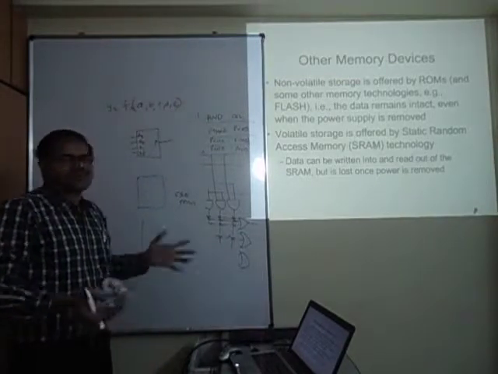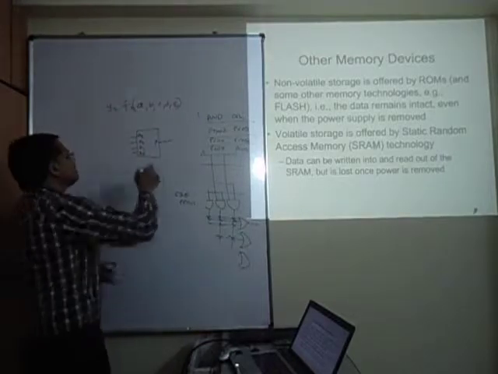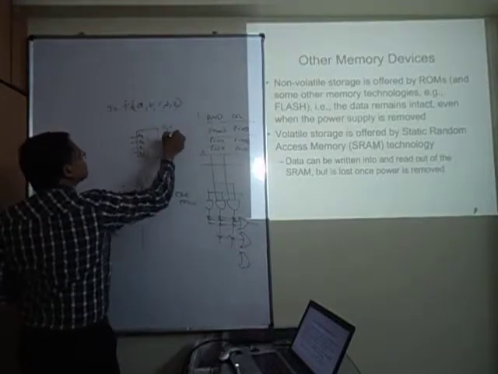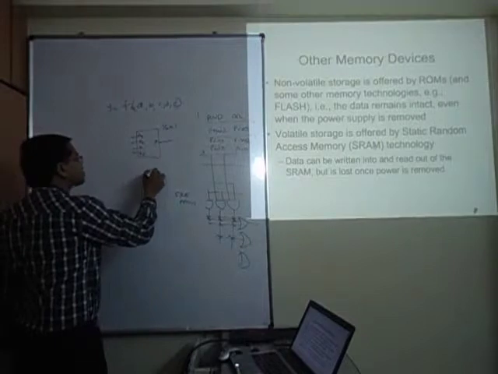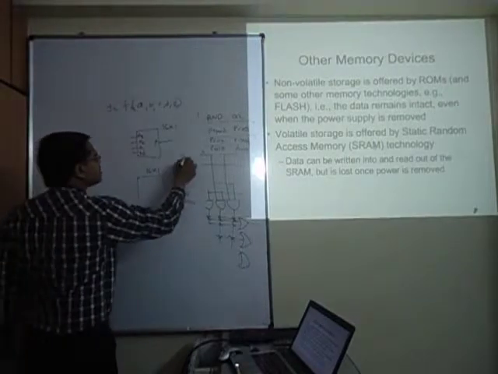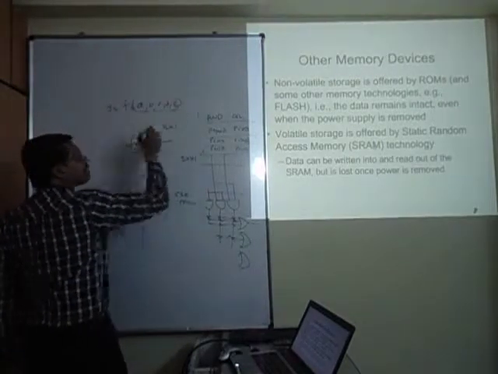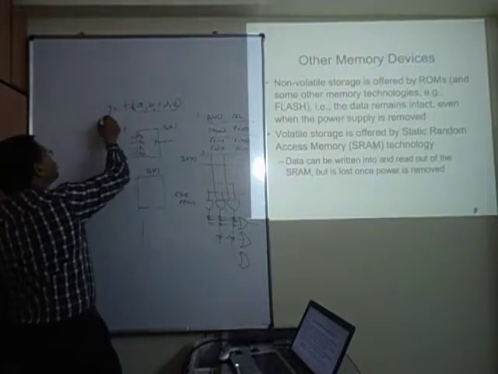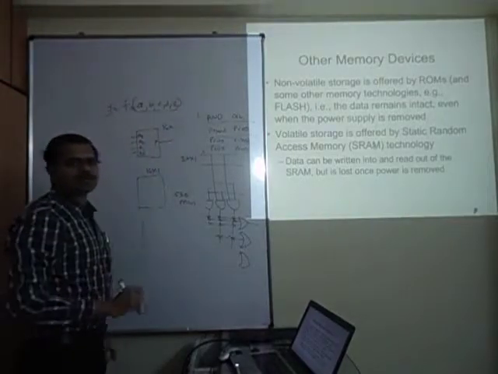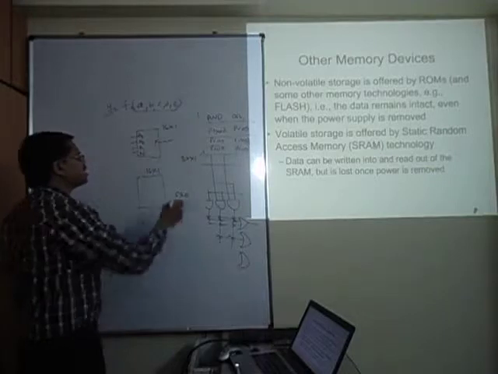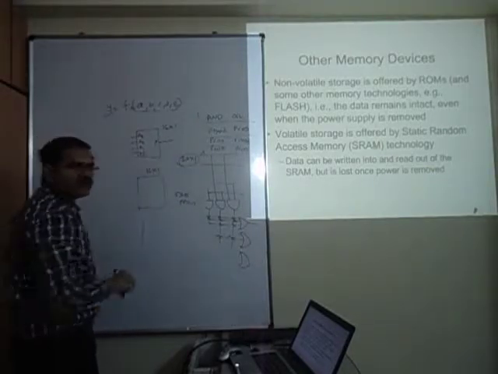Two memories. That's it. After all, each of these gives a 16 by 1 configuration. You actually need a 32 by 1 configuration, because 32 possible combinations are there, and out of the 32 combinations you have to describe the one Boolean function. So you need a 32 by 1 ROM. By using two of them, you will get it.